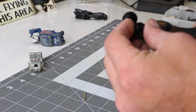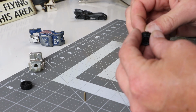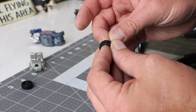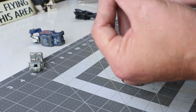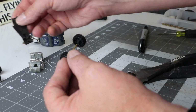Plus I wanted to change the axle tube. It gives you just that slight, I know it's only like a 1/16 of an inch, but it does change the ride height a little bit, so it's nice. For this, you just pretty much cut the original axle in half. That way you still got the little tit on the end that the wheel can rotate on,